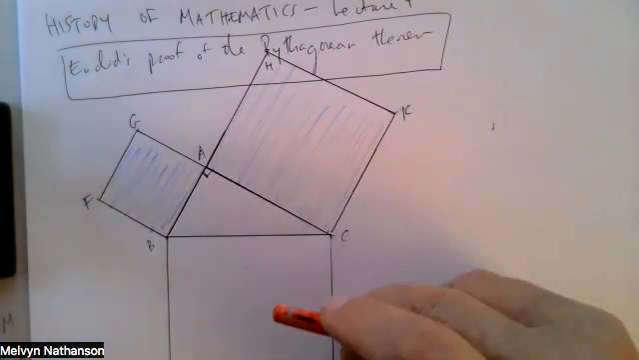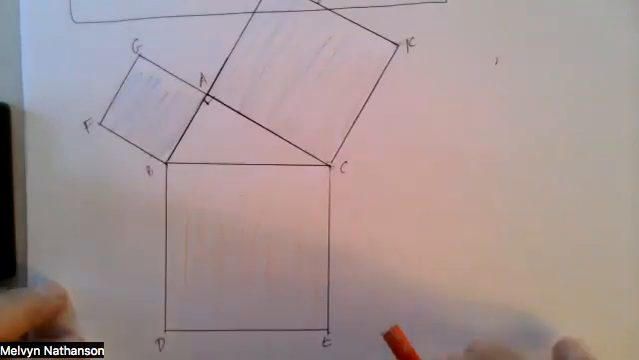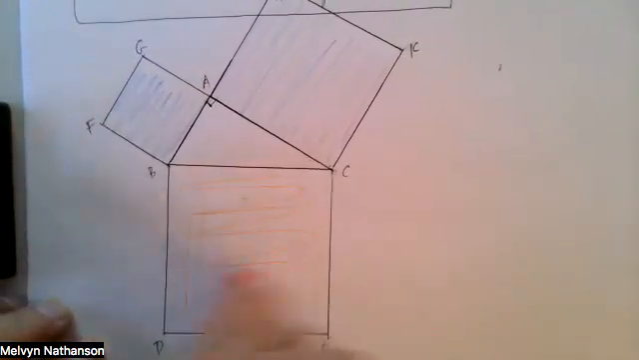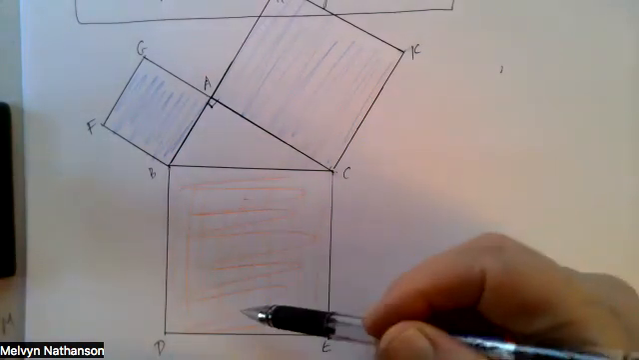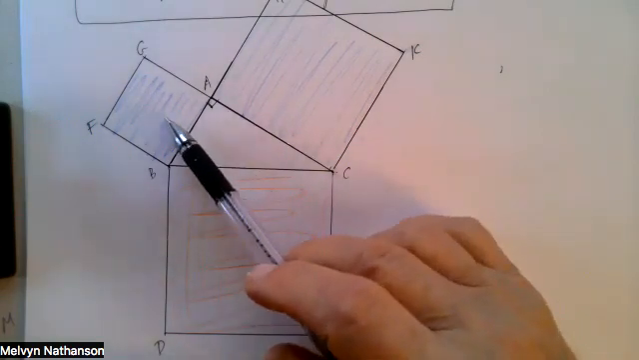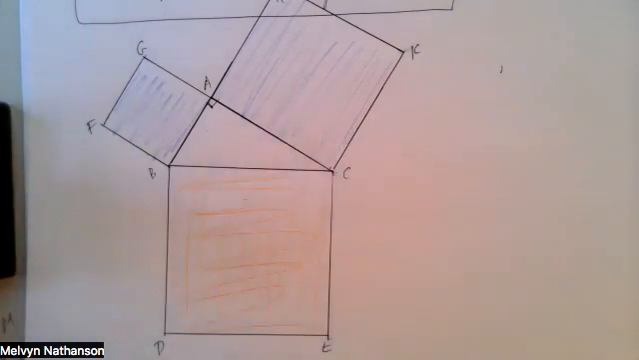And somehow we want to prove that the area of this orange square is the same as the sum of the areas of the two small squares. So that's the Pythagorean theorem. And the beautiful, brilliant way that Euclid proved this result